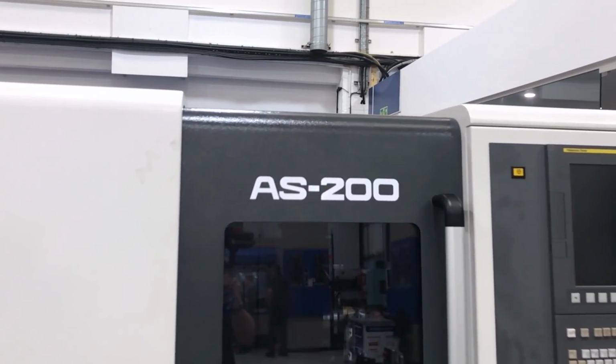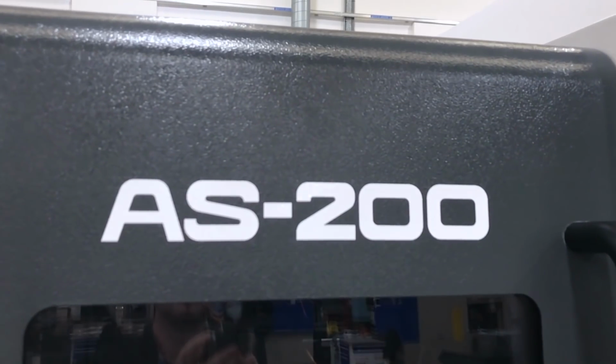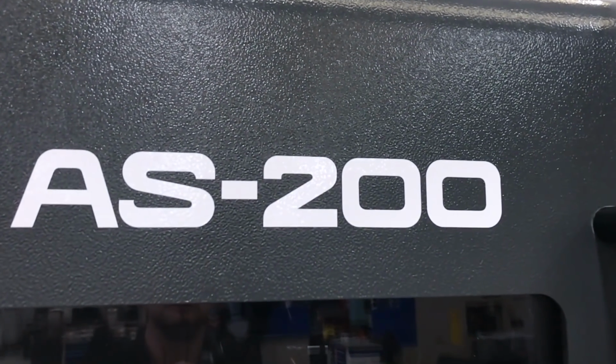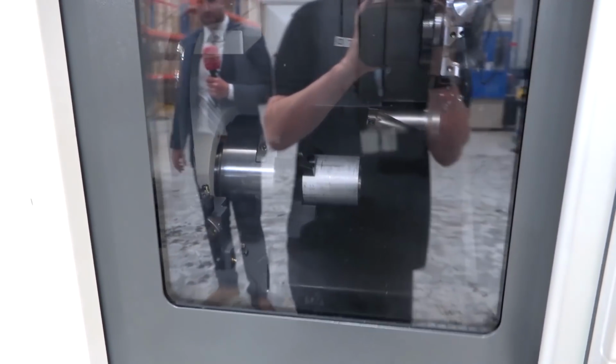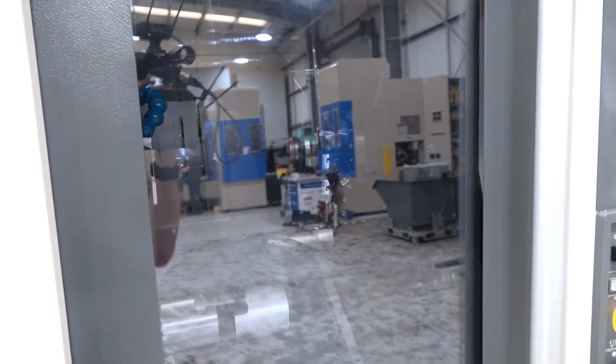So we're looking at here the single spindle, single turret, so the AS200, 200 denoting an 8-inch chuck, 65 through the bore. And basically we've got some exclusive offers going through at the minute. This machine for less than 80k. Oh, okay. Yeah. So again, on top of that, we can build in tooling packages, swarf management system, bar feeds,